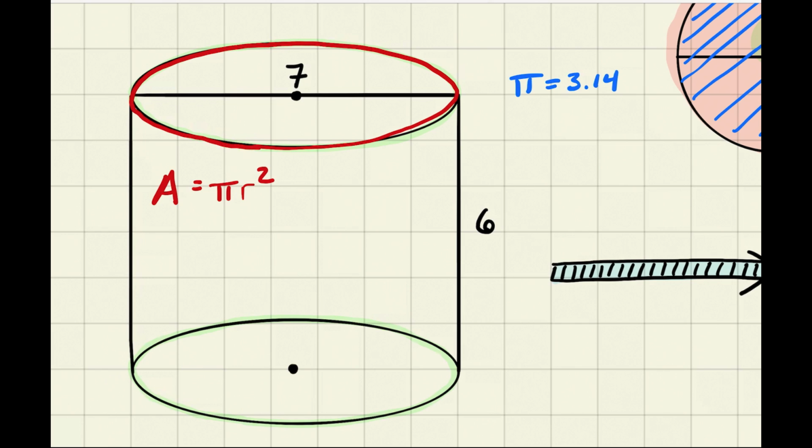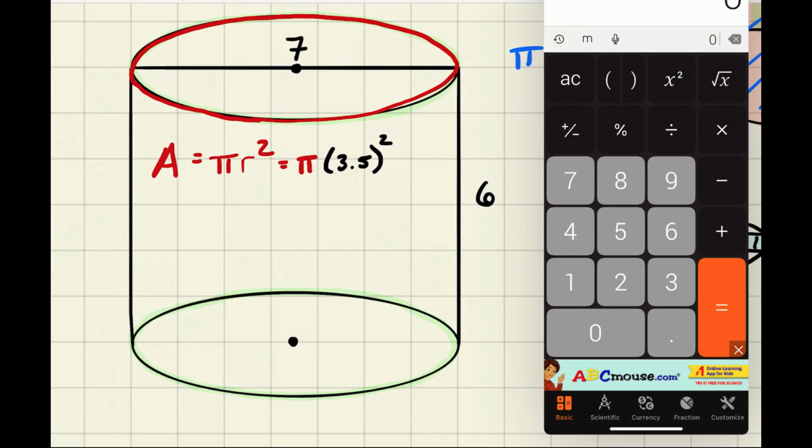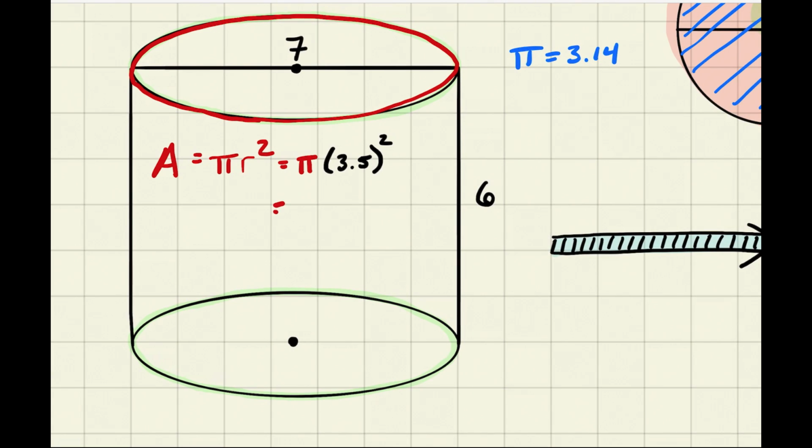So to solve this, we would say, okay, area equals pi r squared. Area equals pi, and then the radius is 3.5 squared. Okay, so here's our calculator. We're going to take 3.5, and we can either hit the x squared button, or we can just multiply it by itself, 3.5, and we get 12.25. So I'm just going to take that off there. So that's going to be pi times